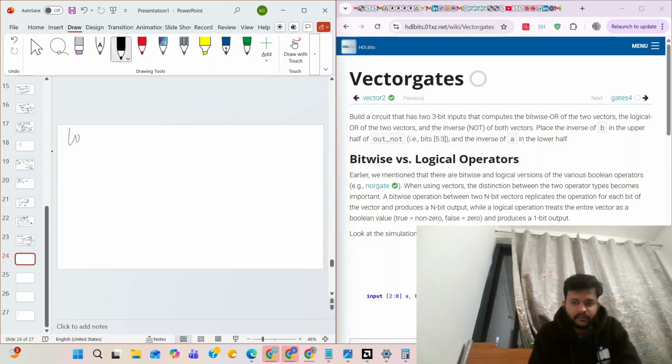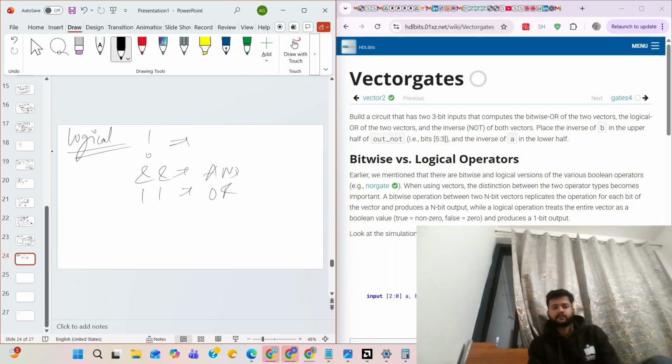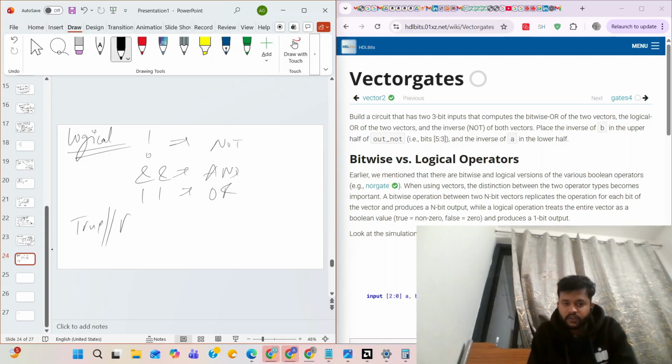Now we'll move to logical operators. Logical operators give only two values, true or false.